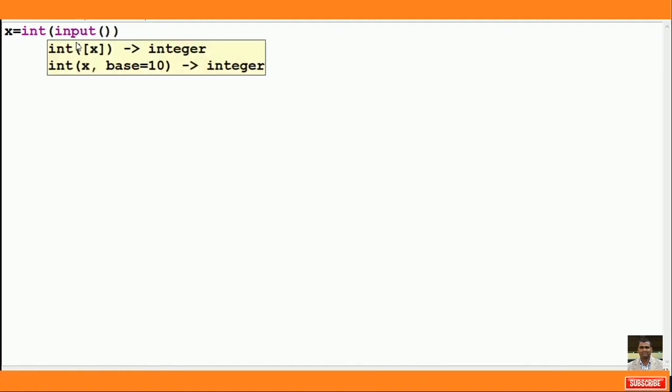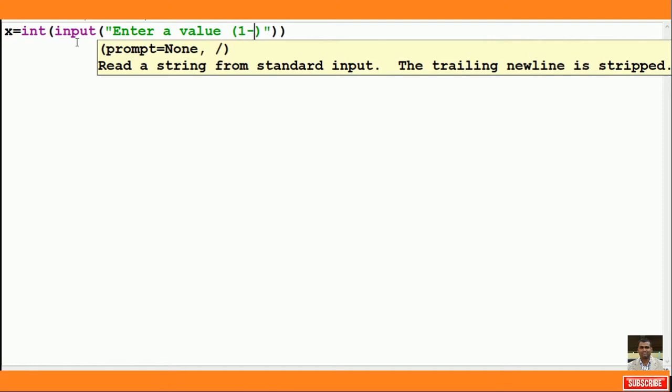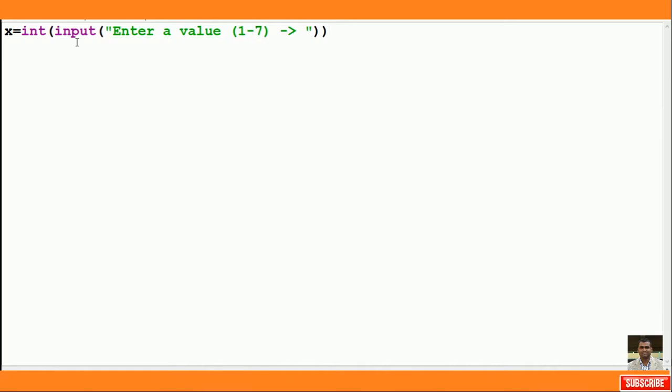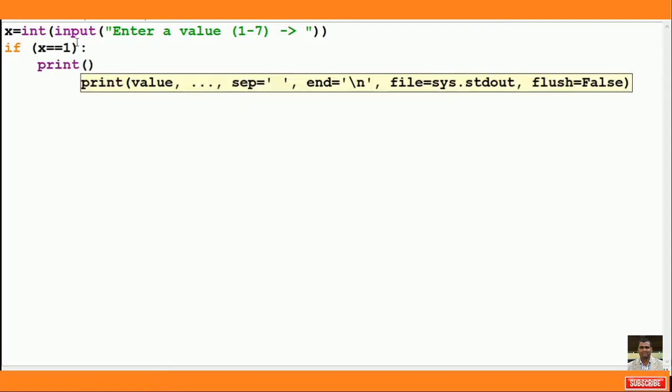I will ask you to input an integer value. So I am writing input, then enter a value, and again I am writing value between 1 to 7, valid values you will enter. Now the very first thing: if x equal to 1, then print this is 1.